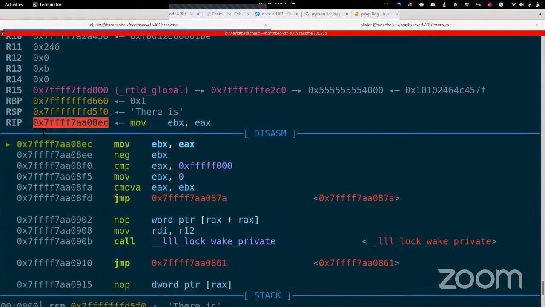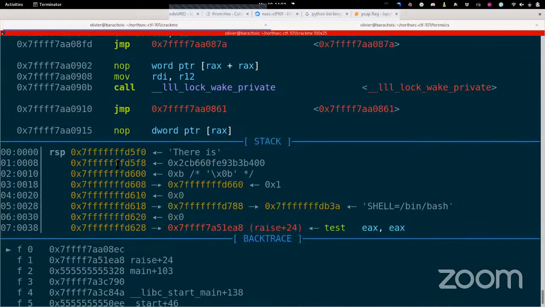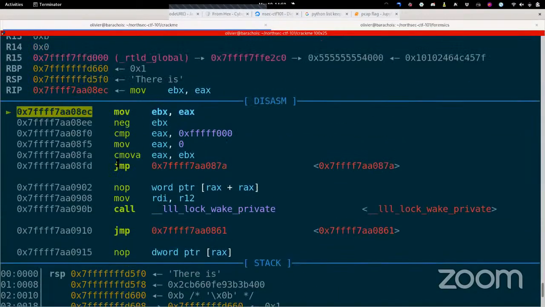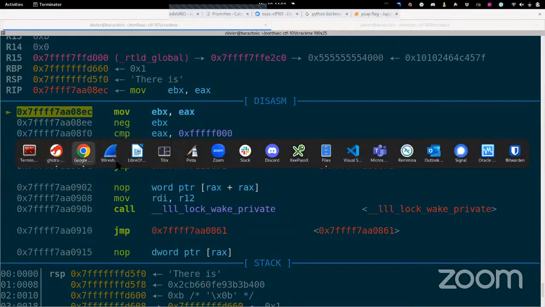I'm going to Google it, but I'm going to do the theory first. So RIP is the instruction pointer. Somewhere the CPU has this address, and this address is the code that is being executed. And so what we want to do, I went too far. What we want to do is to basically put